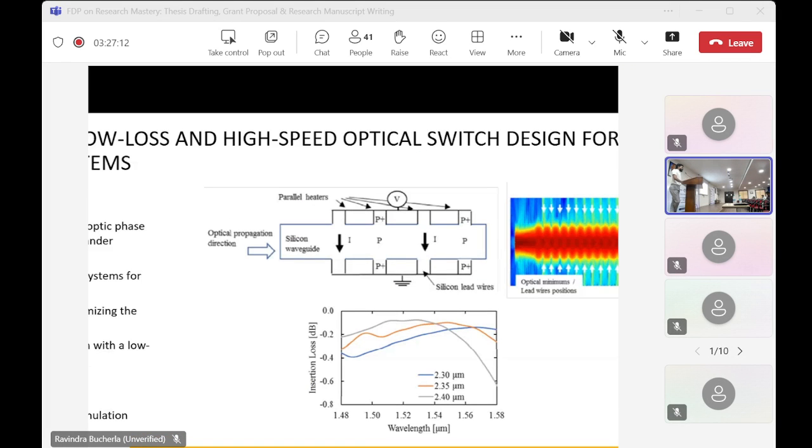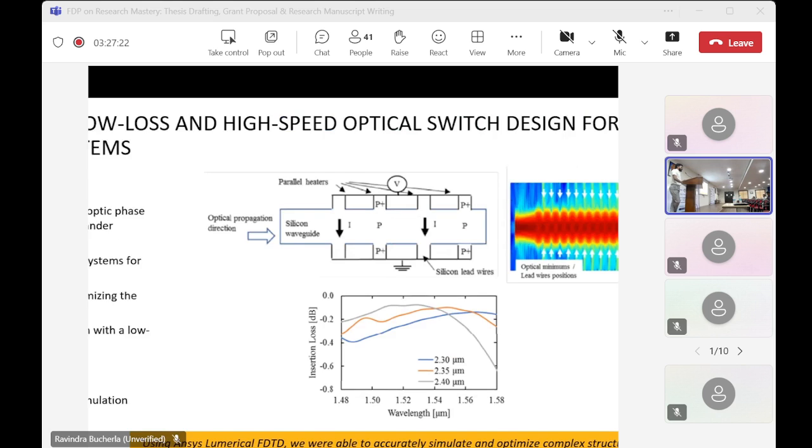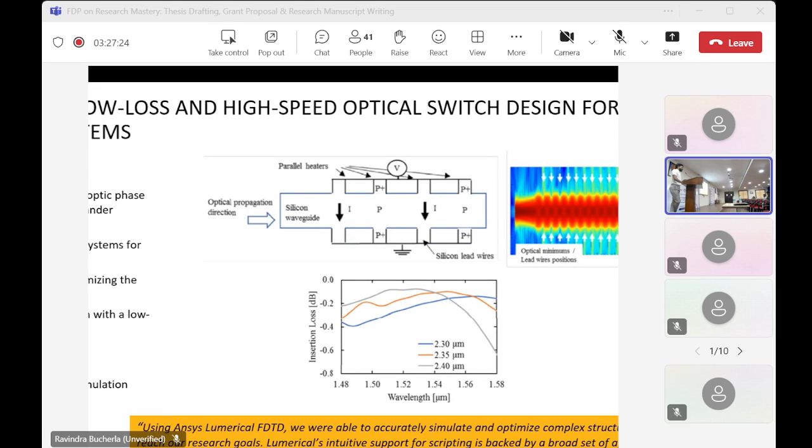And also you can see there is a distance between these metals, right? So what they do is they alter the distances. They reduced it and increased it at different distances. They have different loss. When the distance between them is very small, they achieved a higher insertion loss. They want to achieve a very low loss. So with this, they can